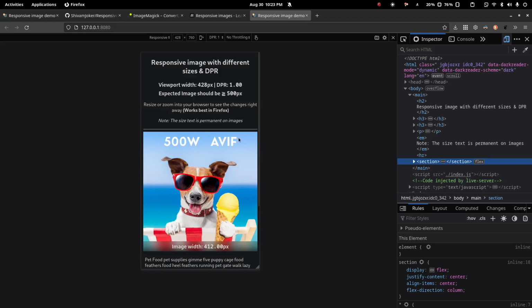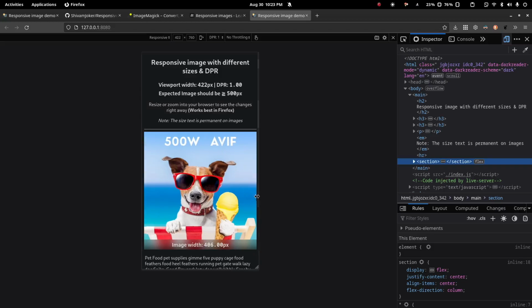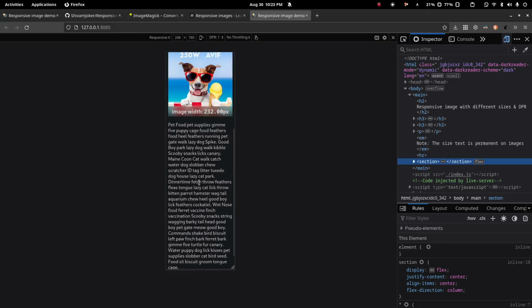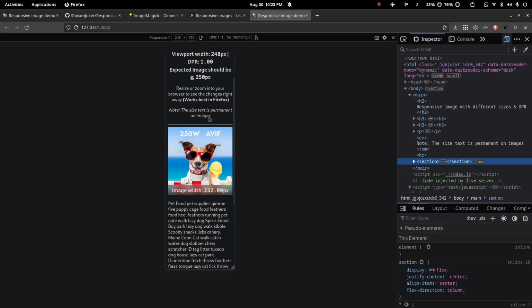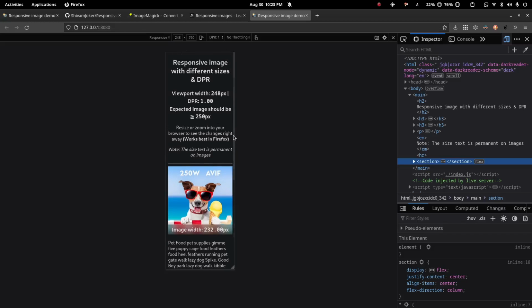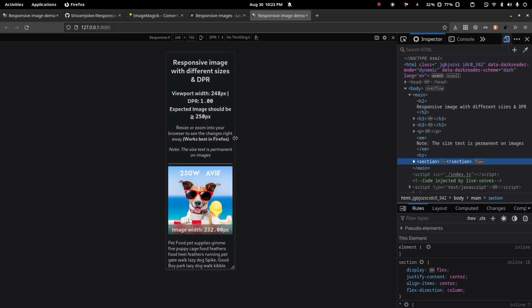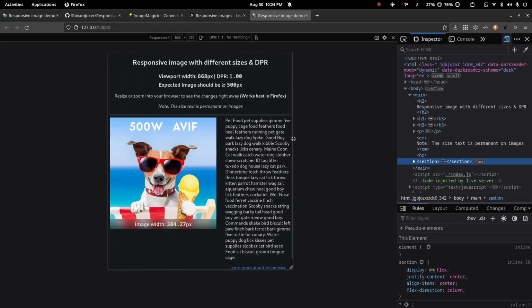Okay, so the browser will load this thing, and if I reduce this and make it around 250, this takes the higher version. So the 250 version will be this thing. It's like it calculated the width of the device. On a mobile phone we don't have a problem, it works without any queries. But if we scale it,